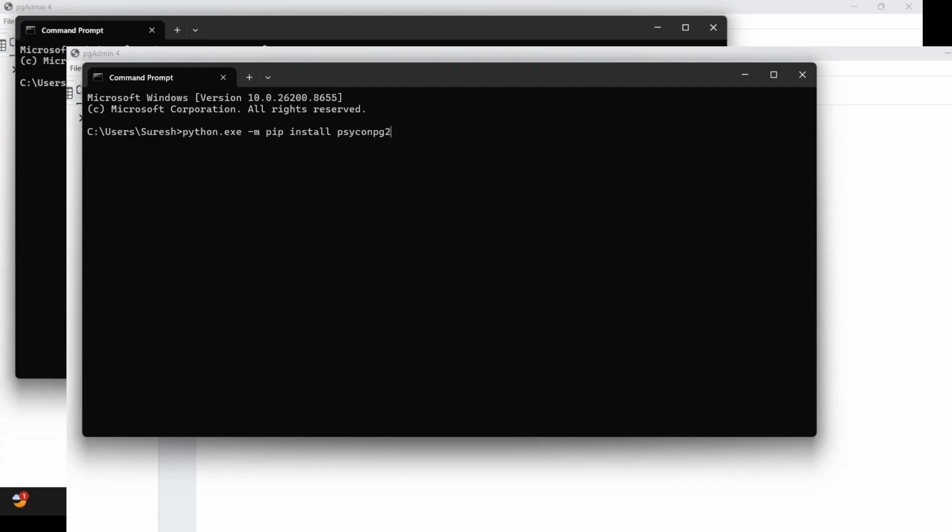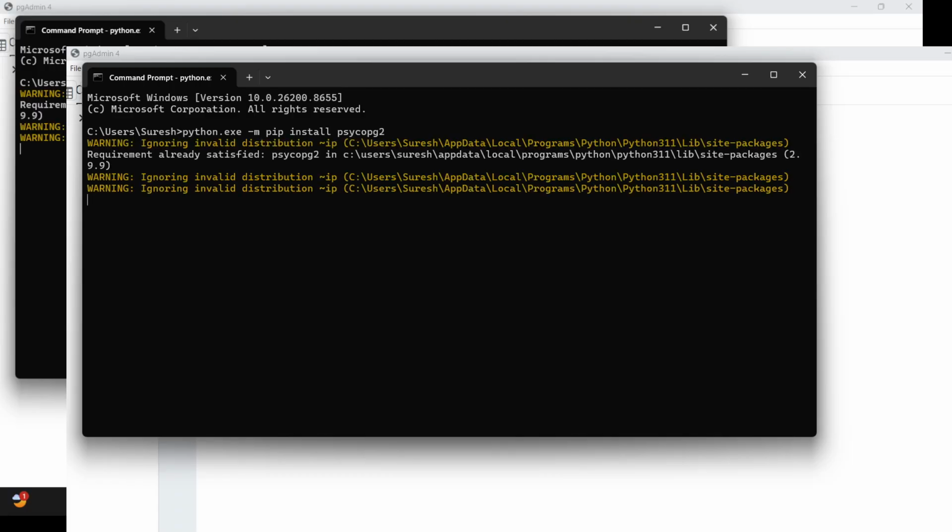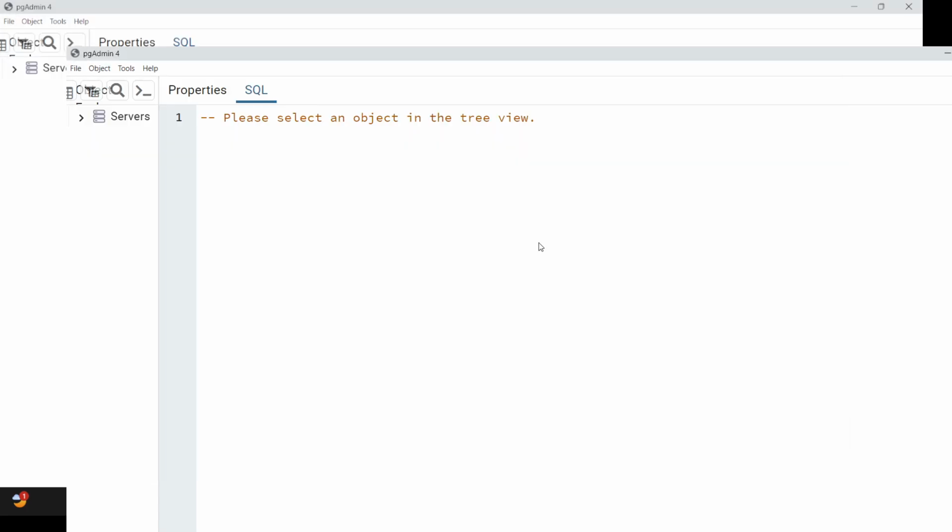Let me verify: psycopg2. Yeah, this is the module name. Let me try this. I have already done the requirement, so it gives the message that the requirement is already satisfied. If you are installing it for the first time, it will load all the related libraries and files. So once it is installed, let's go to the database.